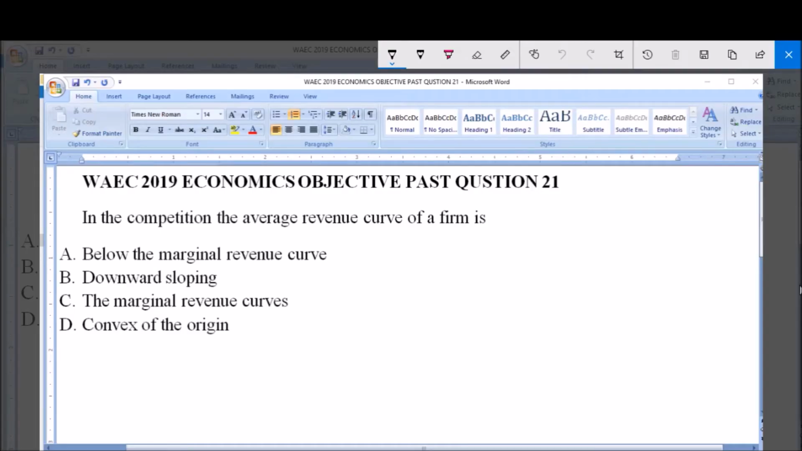I'm going to be answering WAEC 2019 Economics Objective Past Question 21. In competition, the average revenue curve of a firm is: A, below the marginal revenue curve; B, downward sloping; C, the marginal revenue curve; D, convex to the origin. So we'll look at two concepts: the average revenue curve and also the marginal